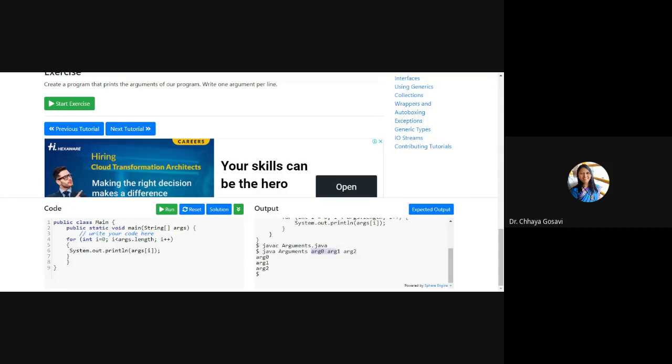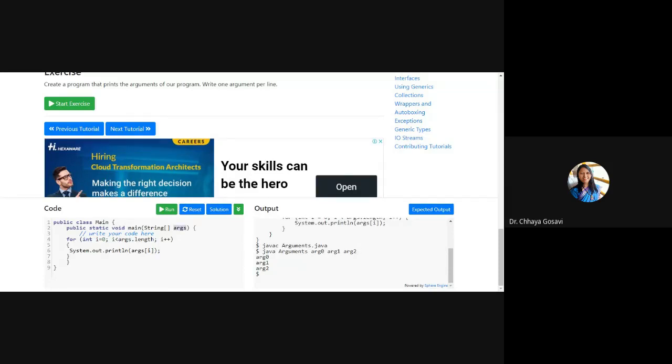These arguments are stored in this args variable, and note that it's of type String, and as these brackets denote, it is an array of strings. Whatever arguments we pass here will be stored in this args array.